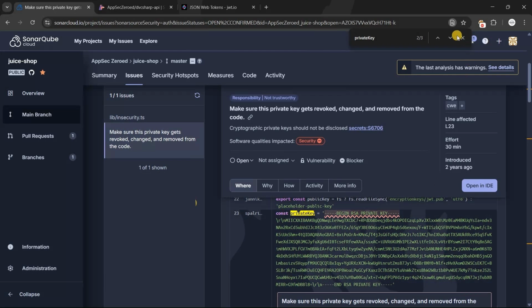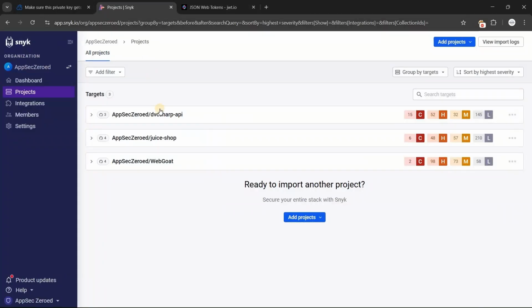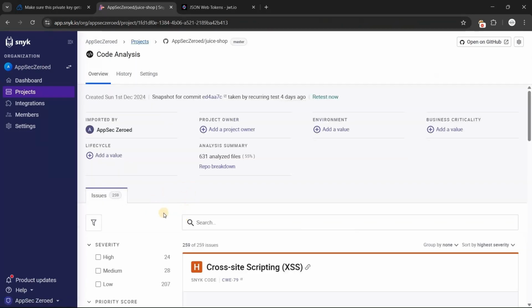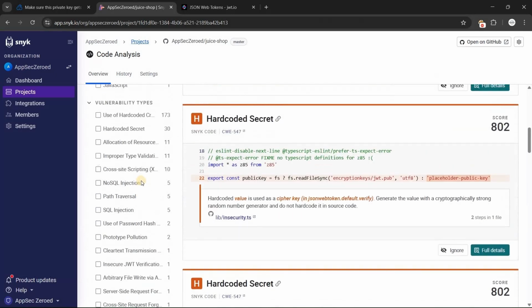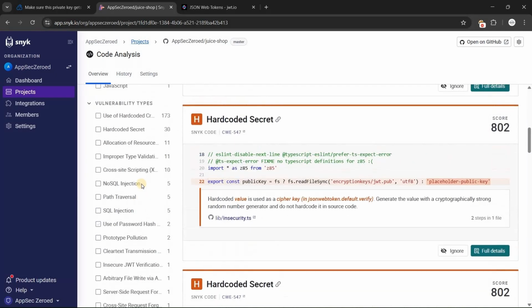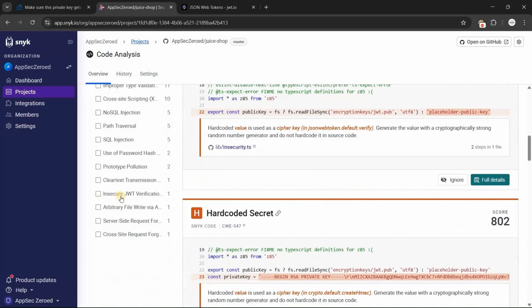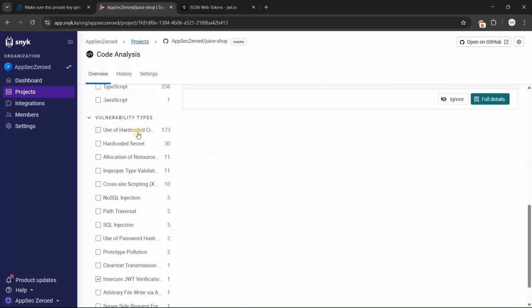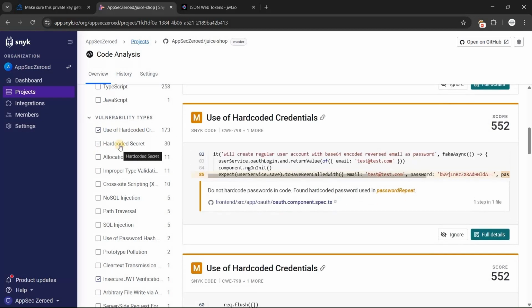So now let's explore our other tool, Snyk, to see if it found any new vulnerabilities in the Joomla project regarding broken access control vulnerability. Let's go to code analysis. Here there are multiple vulnerability types. Let's select those vulnerabilities that are related to broken access control. So here we see there's insecure JWT verification. So let's select this. Let's select use of hard-coded credentials. We might find some credentials, hard-coded secret as well,